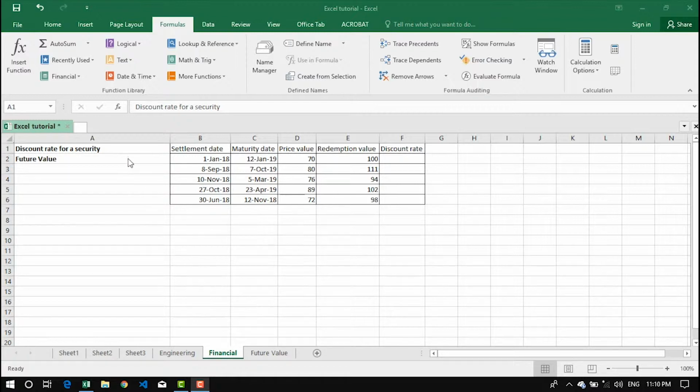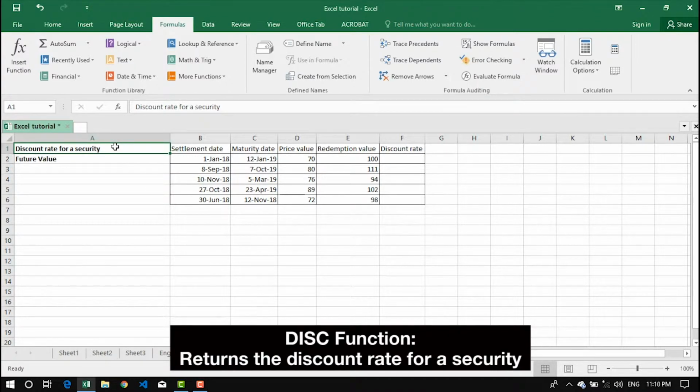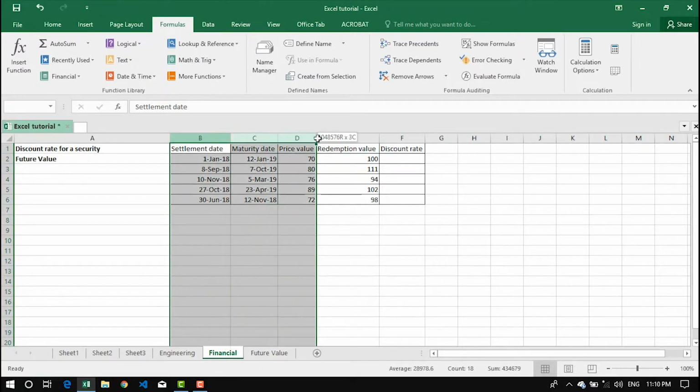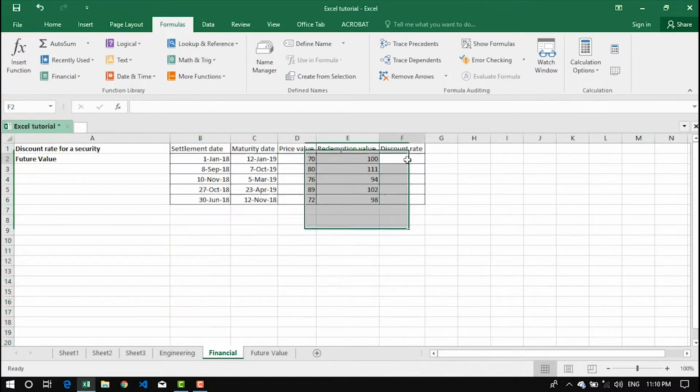The first function is discount rates for a security. How do you calculate a discount rate for a security amount? Here we have the settlement date, maturity date, price value, and redemption value. Using these four arguments, we can easily calculate the discount rate using the formula